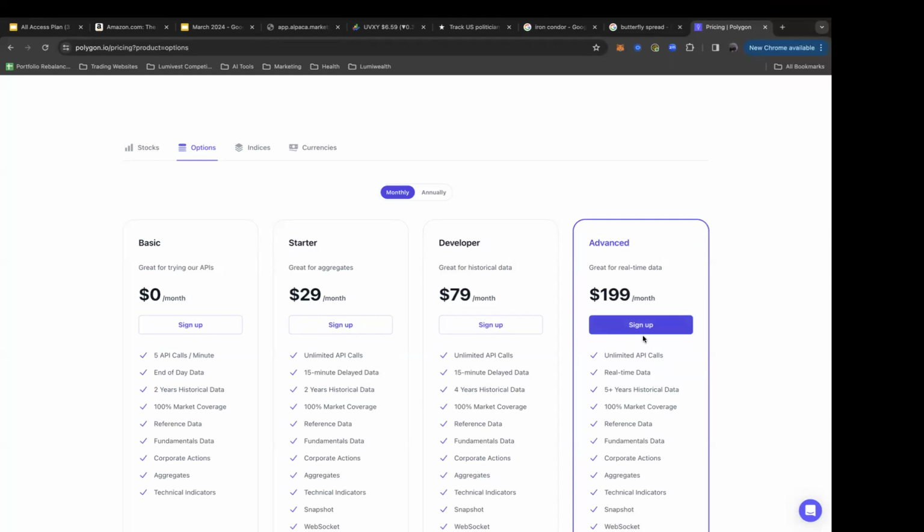You actually do that for options and stock because they sell them all differently, right? Yeah. So what you could do if you don't want to buy all of it is you could buy just the options, and then